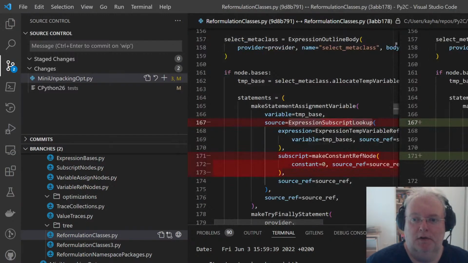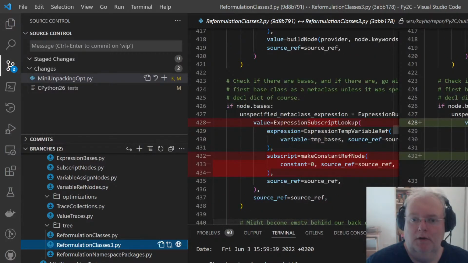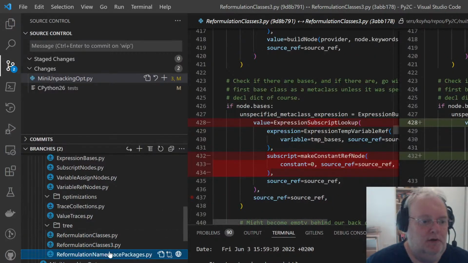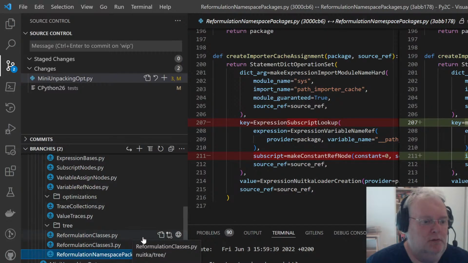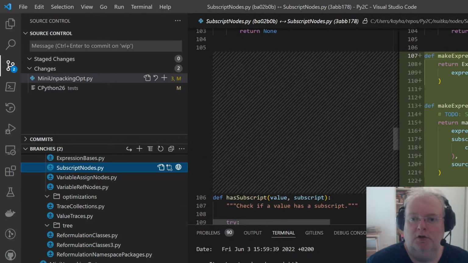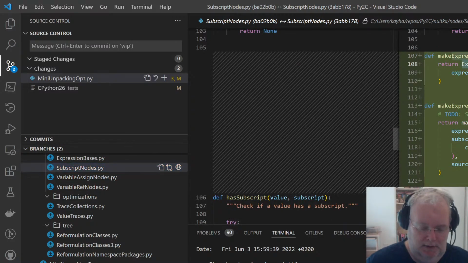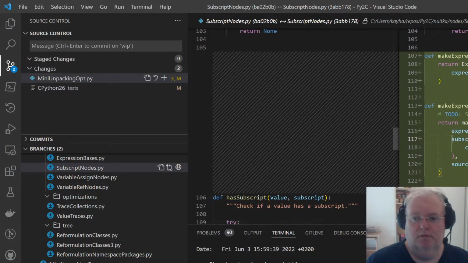So I created at least a factory function that allows us to do this kind of change. And there's a couple of spots where existing reformulations had this, so I replaced this. And where is it going to be? In subscript nodes. So that's an innocent change by itself, just a cleanup. And as you can see, this one just creates the constant in here.